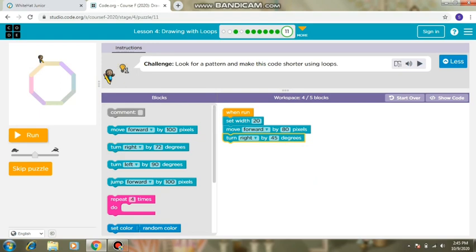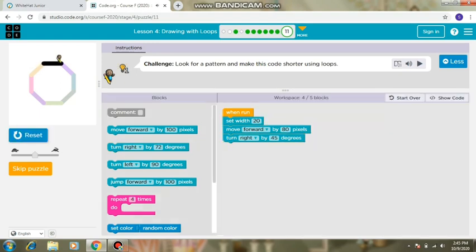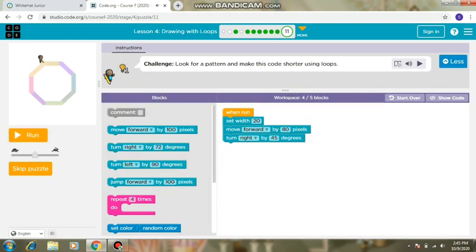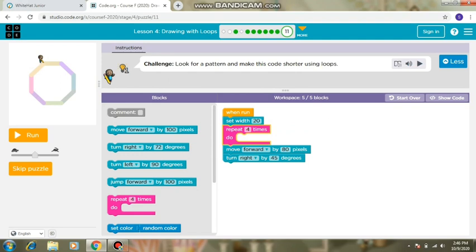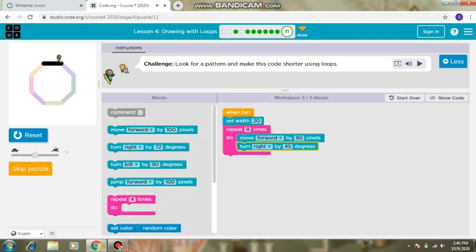Yes, it will be 45, and now we will use the repeat block 8 times. And now let's check if it works or not. You can see that it worked very nicely.